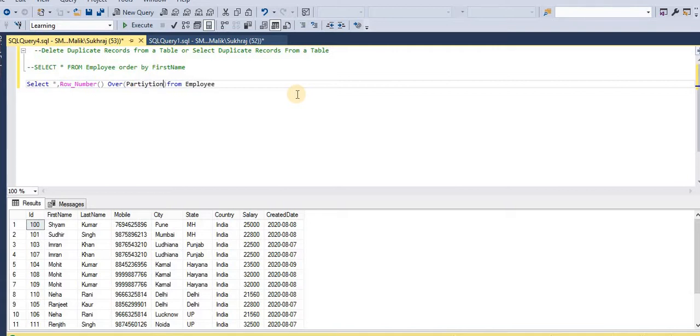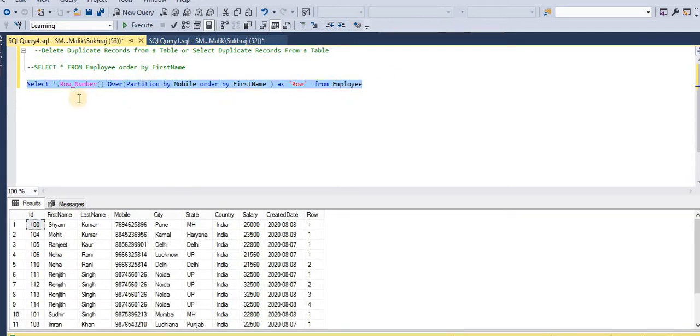I will explain about this function. Let me write it first. In this table ID will always be unique, and created date will be different, and ID will be different for each entry. That's why I can't use these 2 values in the partition, so I'm using the mobile number. Actually, what is this partition? Let me execute this query first, then I will explain about it.